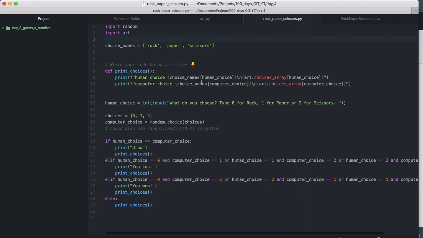All right. So the first thing, if you come down over here, human choice takes your input. You pick 0, 1, or 2. So if you pick 0, 1, or 2, the computer is going to do the same. These are the choices for the computer. You have the same choices here. It tells you through the prompt. The computer has the same choices here. It takes them from an array. It's already pre-coded. So it takes them, it picks randomly. The computer choices are done randomly, okay? So that's what they do here. And then, random choice, it can also be written like this if you like.